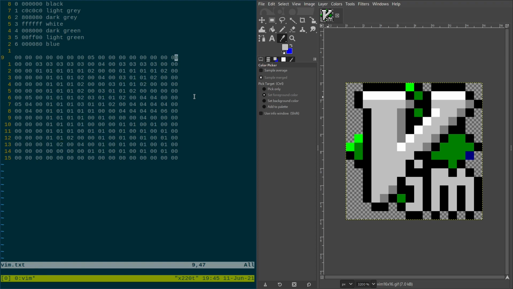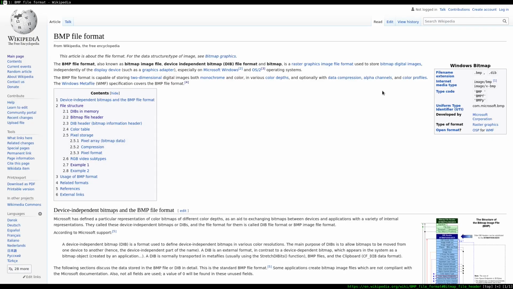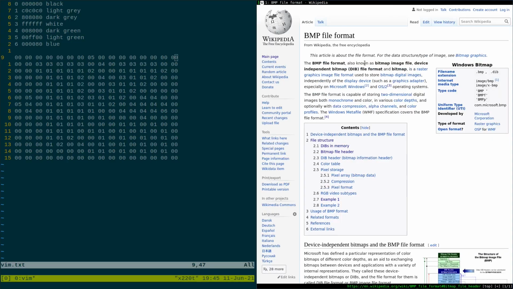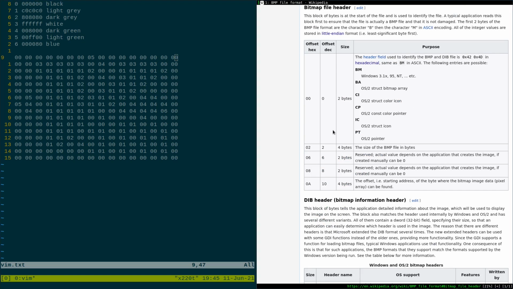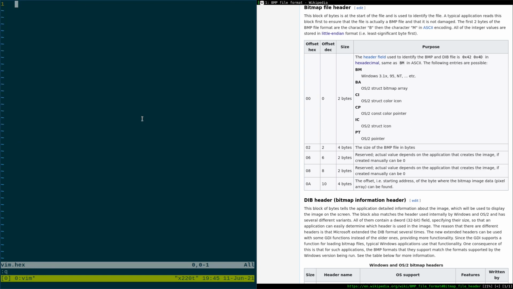So with that out of the way, let's start creating our bitmap file. We are done with GIMP, so let's close out of that. And let's get the Wikipedia page on the BMP file format. And there's the file structure and specifically the bitmap file header. Let's have a look at that. So what we're doing right now is we have a file, let's call it vim.hex, where we will write all the bytes. We'll write all the bytes in hexadecimal notation,